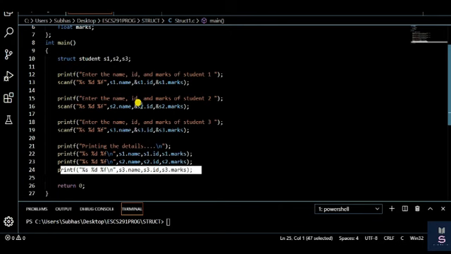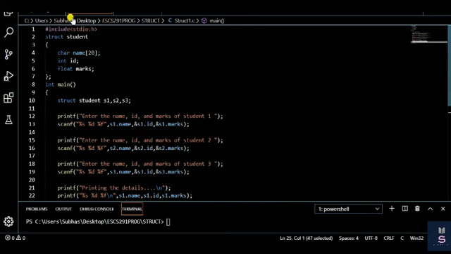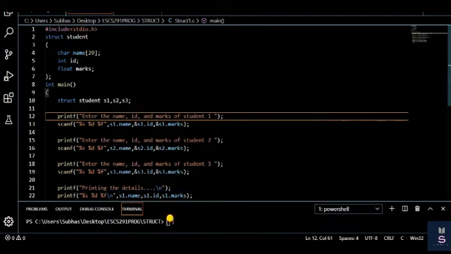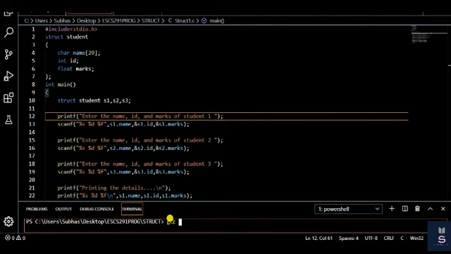So let me execute this program. How do I run it? I will use gcc. My file name is struct1.c, then -o.